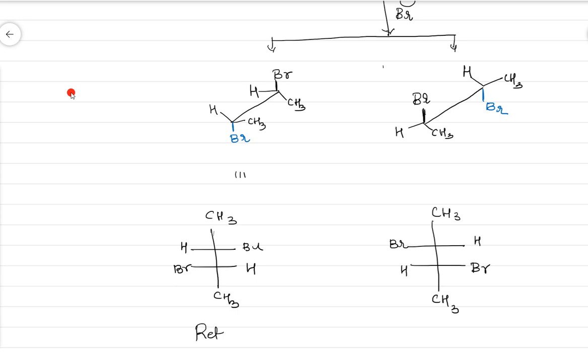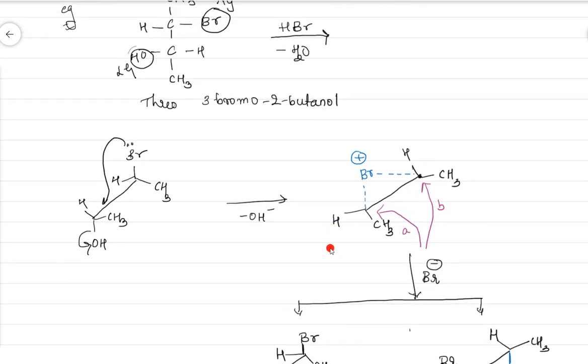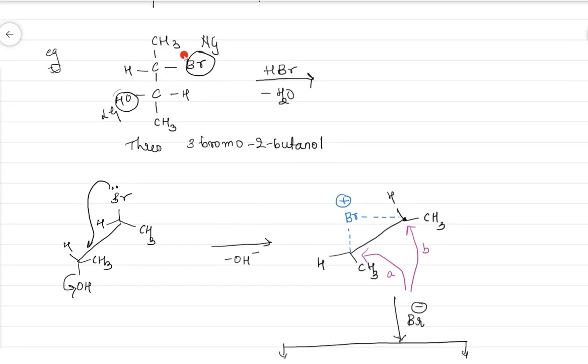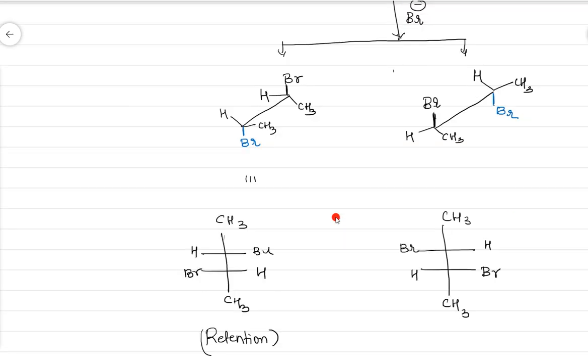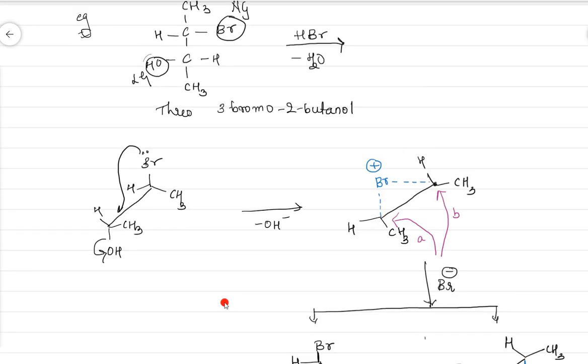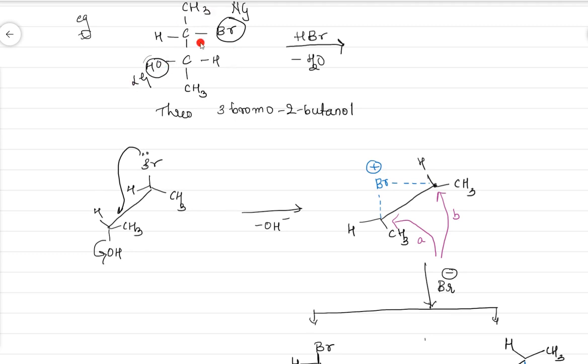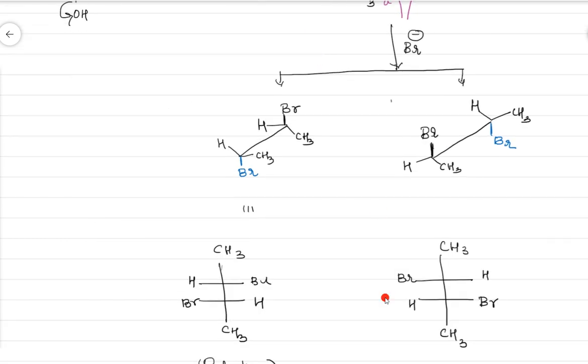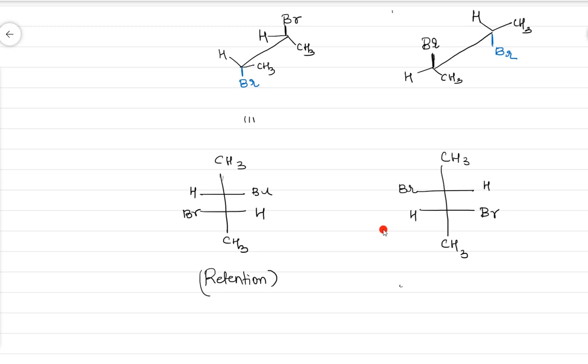In this, you have retention of the configuration, where this product looks exactly like the first one. So instead of this OH, we have put Br there. So exact retention. But if you compare this with the first one, there is inversion at both the carbons. So in that product, Br is over here and the second Br is on this side, left hand side and right hand side. So in this case, there is not just inversion. Don't write inversion. This is inversion at both carbons. Remember this. Inversion at both the carbons.